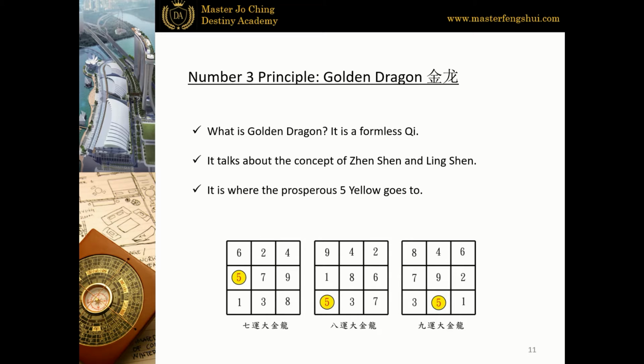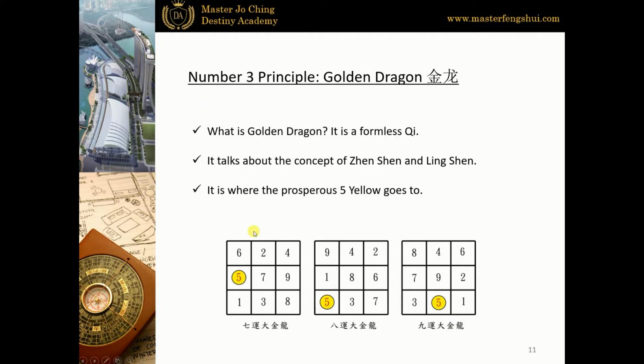Okay, so golden dragon actually is where the prosperous 5 yellow goes to. So in Xuan Kong Liofa, we actually recognize 5 yellow as something auspicious, contrary to popular belief that 5 yellow is a very nasty and malicious star. So in Xuan Kong Liofa, we chase after the 5 yellow, otherwise known as the golden